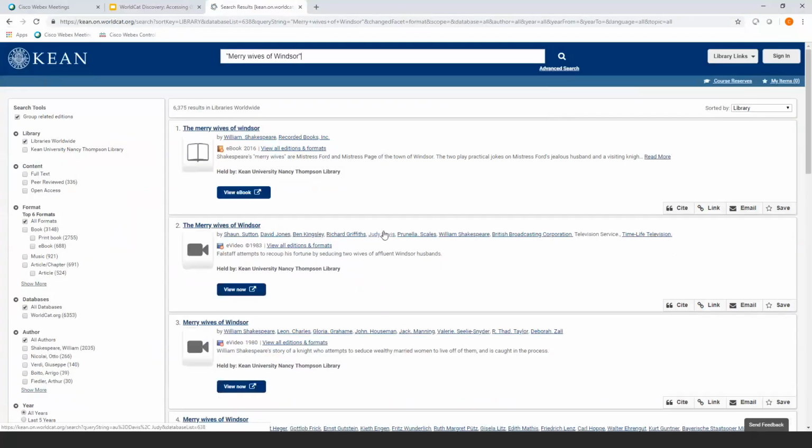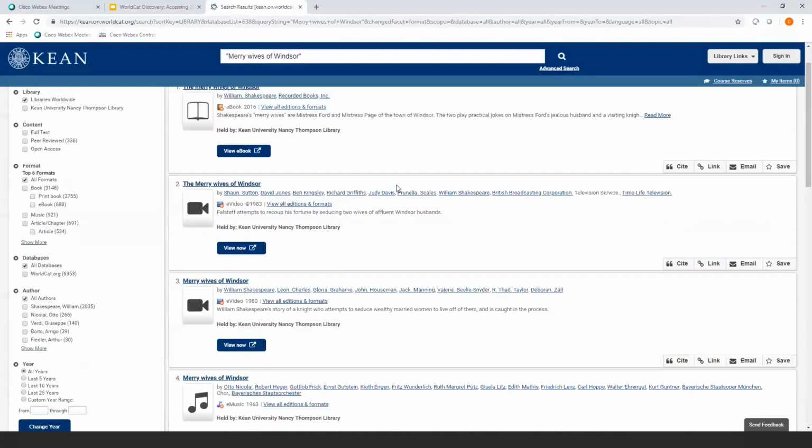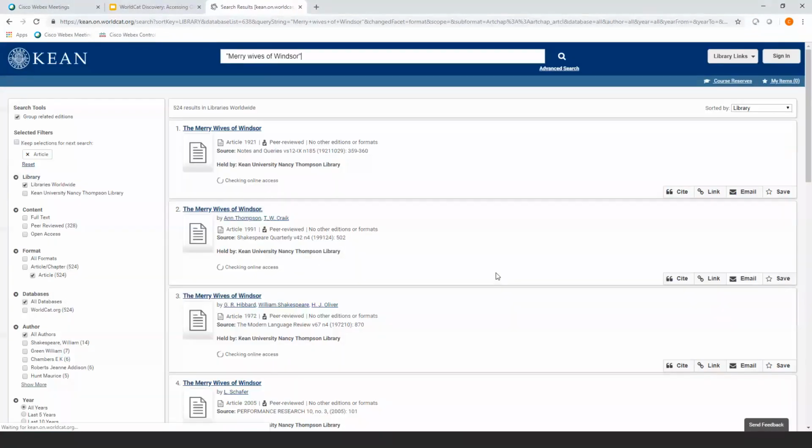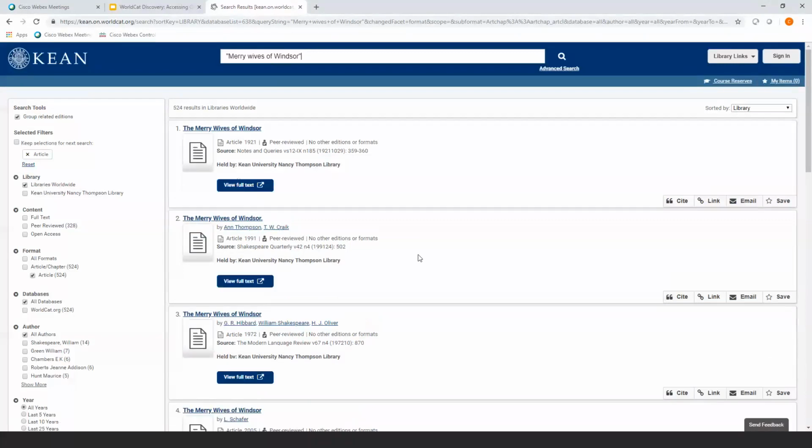So I'm just going to go back to this big list right here. Now, I've been talking mostly about books, but of course you can get articles as well. If you want to limit your search to only articles, you can do articles or book chapters or just merely articles. Here are a number of articles that are available through WorldCat, and it will usually show you the ones that we have access to, and then if you click View Full Text right here, it will show you the full